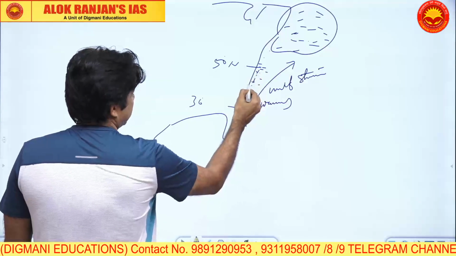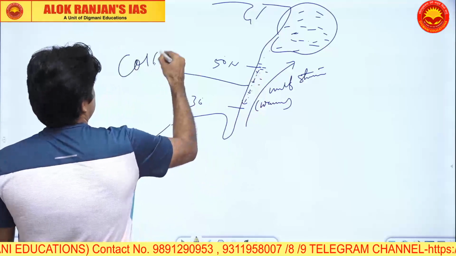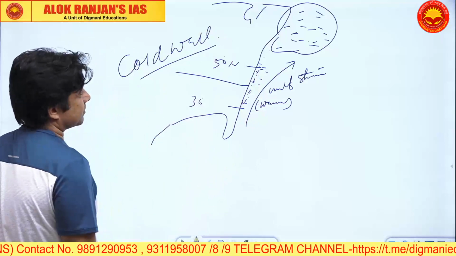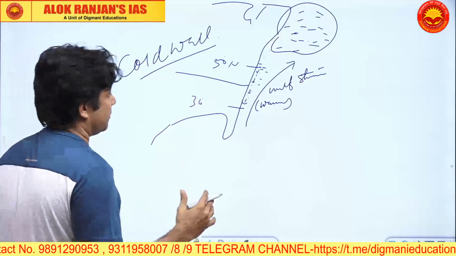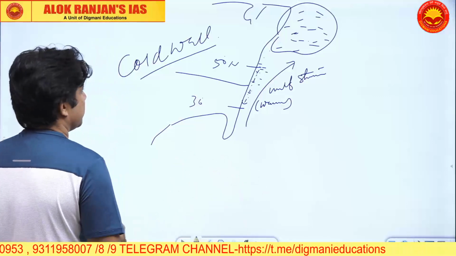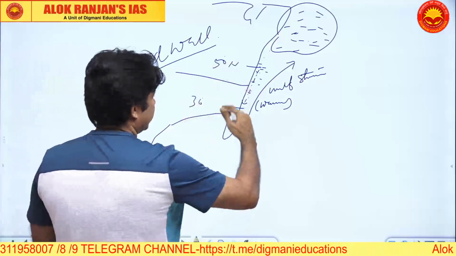And this fog is called cold wall. This is called cold wall phenomena, which is different from the fog of the Labrador and mixing area of Gulf Stream. Cold wall is much south